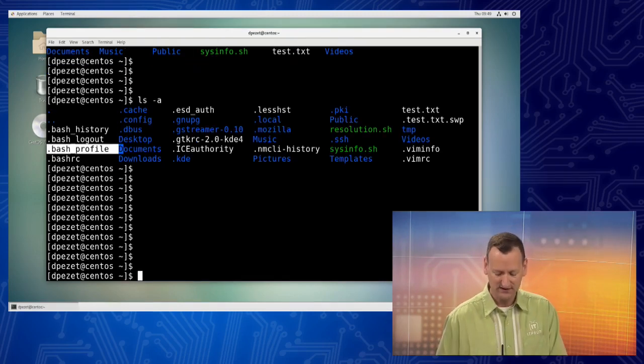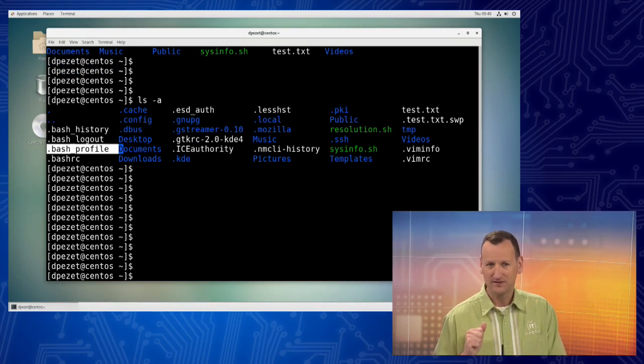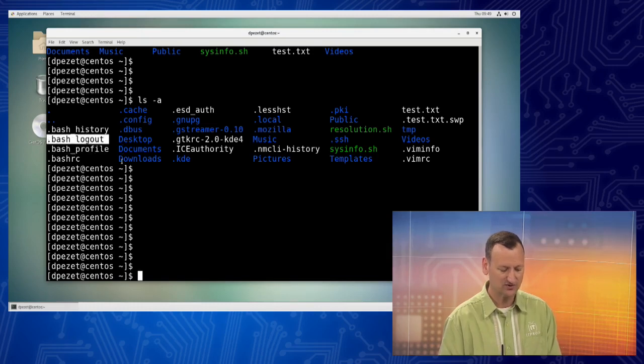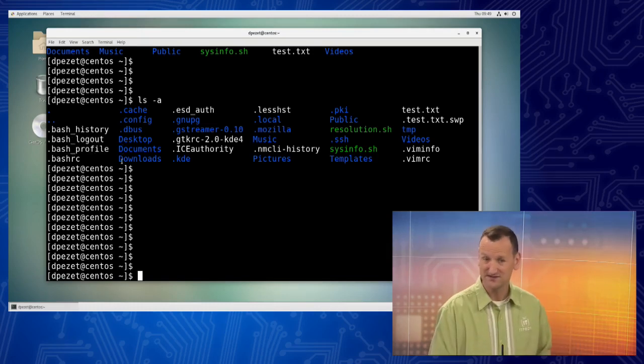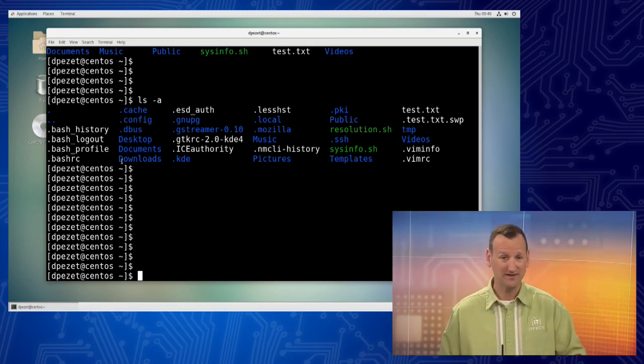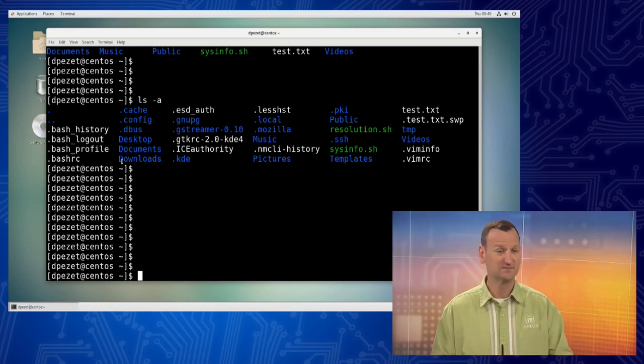A few more things. As far as those scripts there, I was talking about login scripts. There's also logout. See, I've got bash_logout right there. So if I wanted something to run when I logged out of the system, maybe you want to clean up some files or make a log message or something like that, just to create an entry,